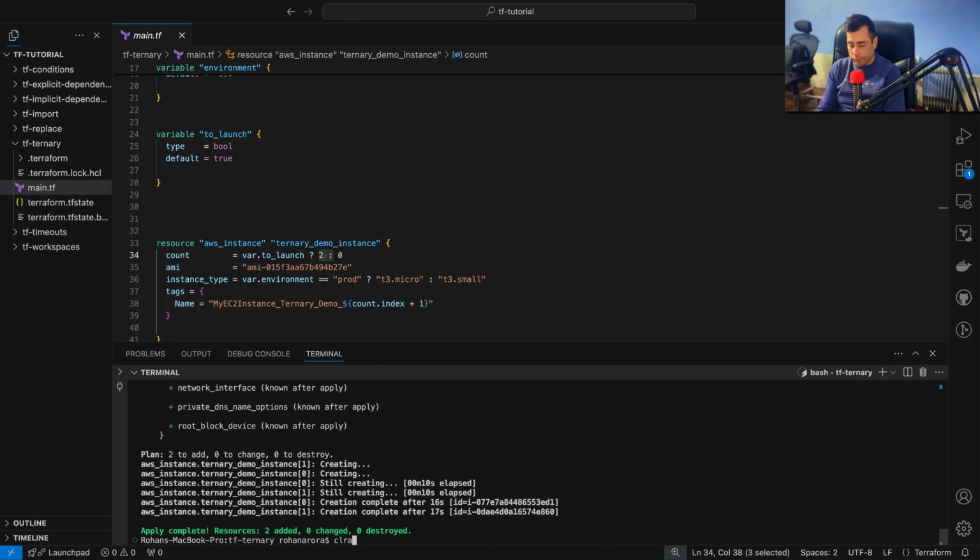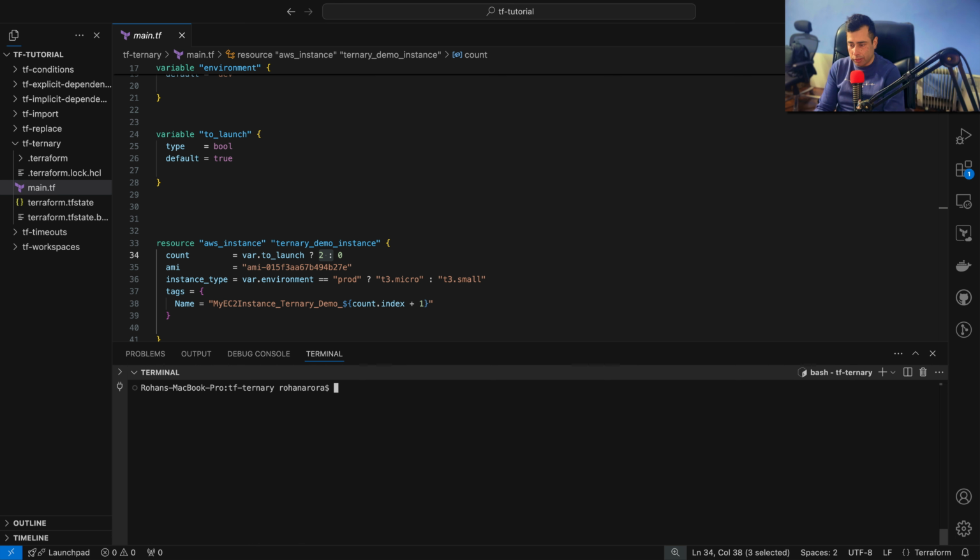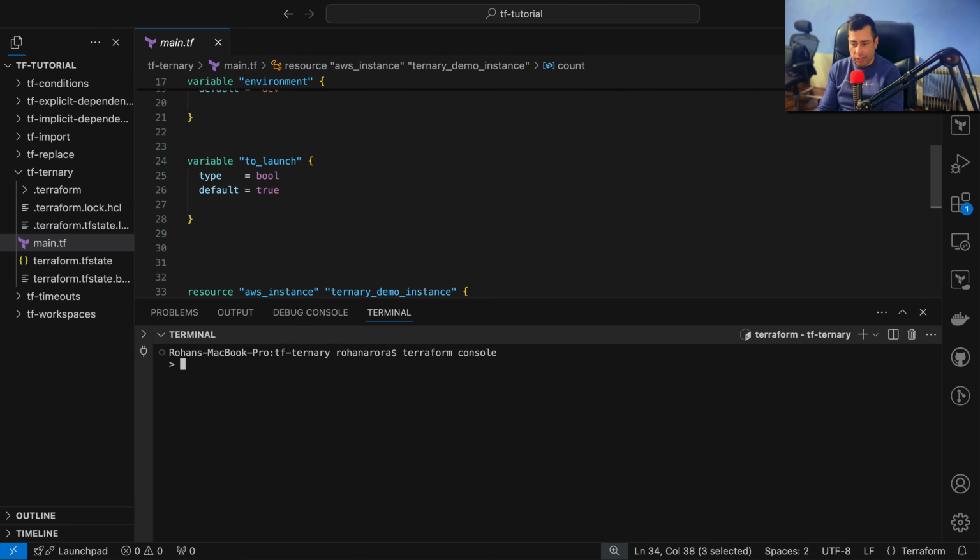Let's clear everything out and run the command terraform console, and it will automatically open an interactive CLI environment for us to test our Terraform expressions, functions, or interpolations against our state file or the config file, or both. As you can see, this is the interactive CLI interface. It will look for inputs from you, and once you press enter, it will automatically give the output. So for example, I want to see,